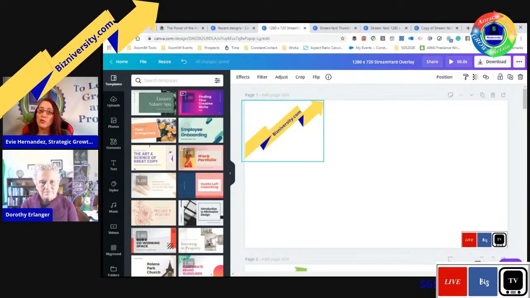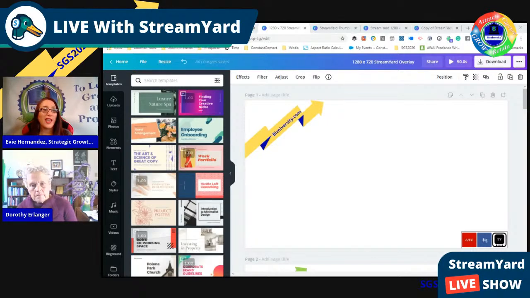And by the way, when you look at the back end of StreamYard, okay, what you'll notice is that StreamYard, the traditional one, and let me see if I can actually switch and show you the different backgrounds in StreamYard. Let's see if I can change the overlay while I'm here. Okay, so you see the StreamYard overlay that we have? This is the traditional StreamYard. They give you that. And as far as I can tell, you can put up to 5 different StreamYard overlays